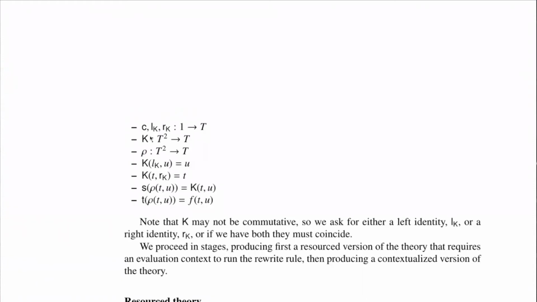And what we insist on as the minimal structure is that it has to have a left and a right identity for K. So K is going to be a term constructor that is, without loss of generality, binary. It takes two terms, one of which we can think of as program,